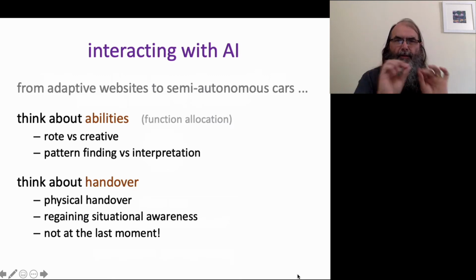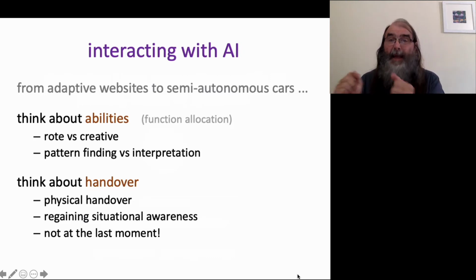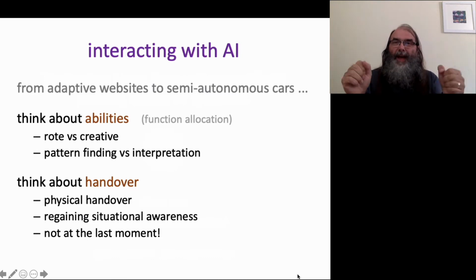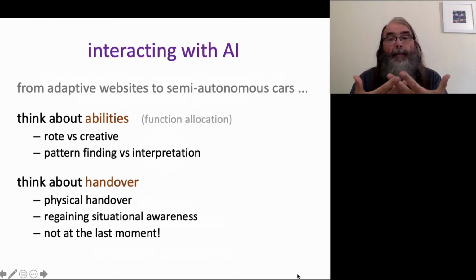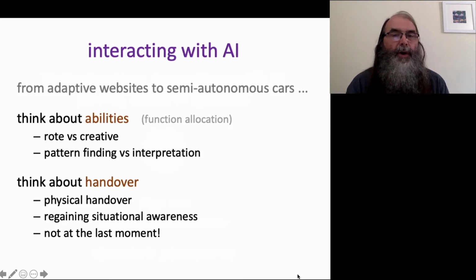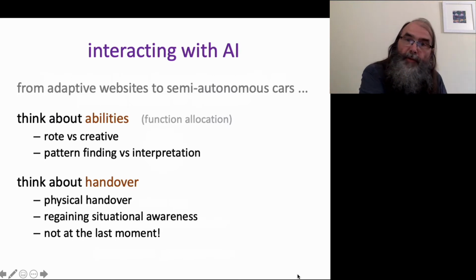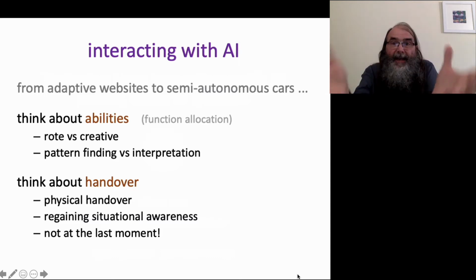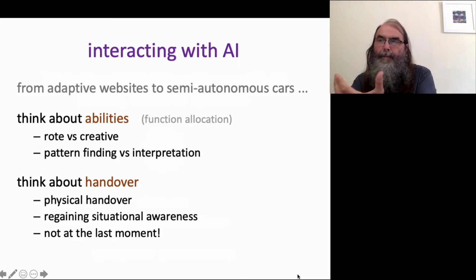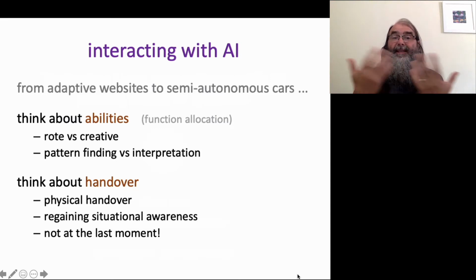Perhaps even harder, though, than deciding which we're good at is how we do handover. Now, this is particularly difficult in physical cases like semi-autonomous cars, when you want to physically hand over the driving from one to another. So we have to think about that, and there are different ways we can approach that. How do we gain situational awareness? If something's been happening autonomously, and that's true whether it's a physical thing like a car or a completely digital information world thing, how do we manage that the human can regain that sense of